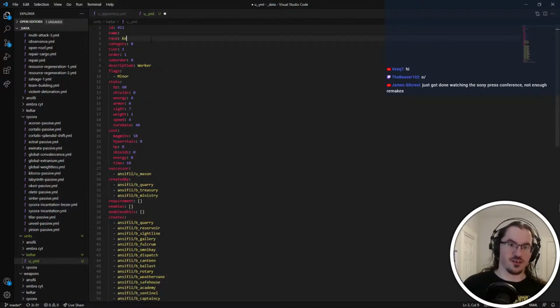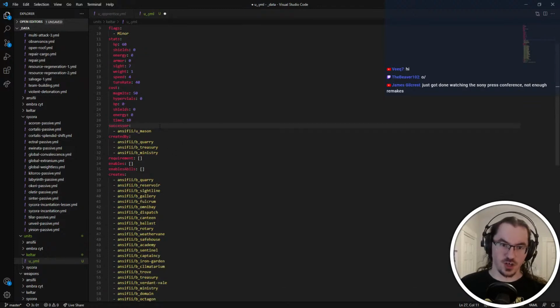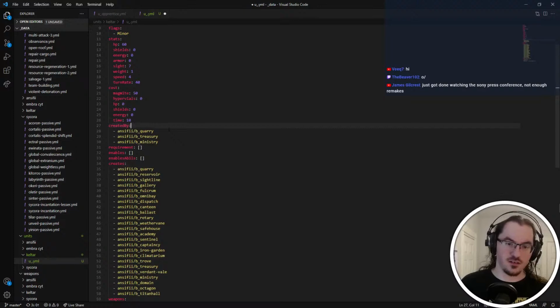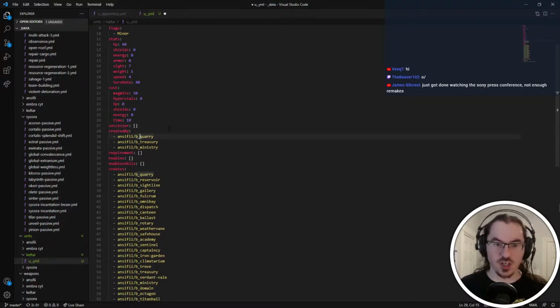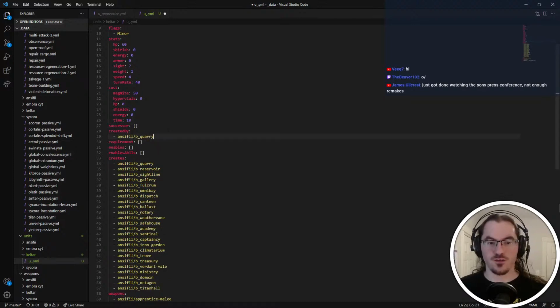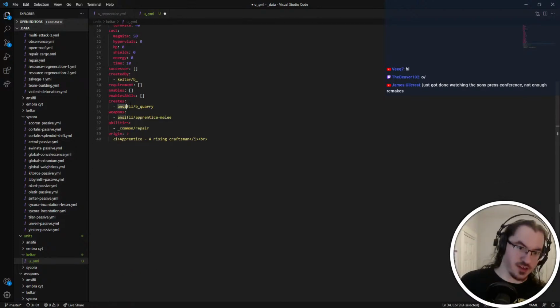And we'll say race Keltar. We'll figure out the vitals and all this other junk later. Successor, we don't have one yet. Suppose I could just leave that as a blank field, right? Because it will have a successor eventually. And it's created by Keltar. We'll figure out what that name is. And we know that it will create